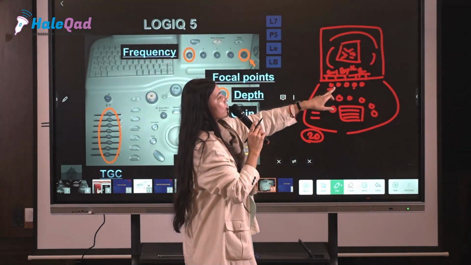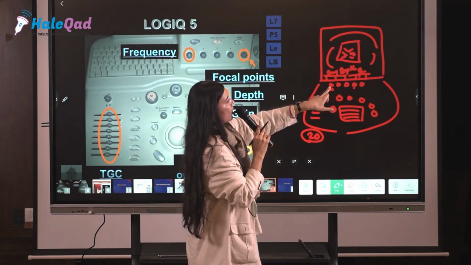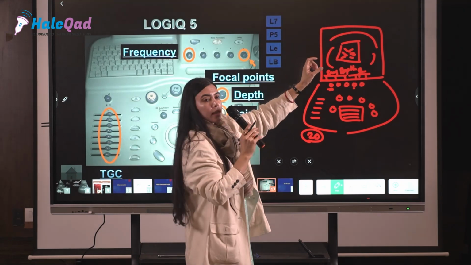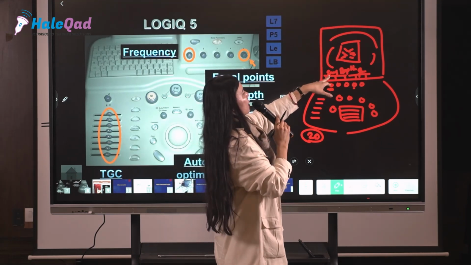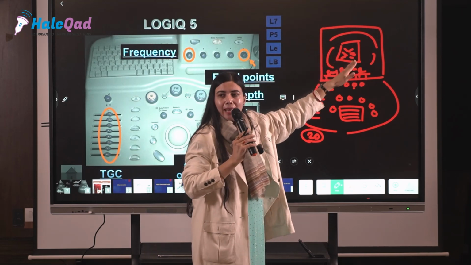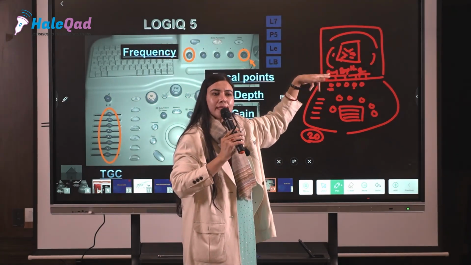Now the multifunctional knob, which for the 2D ultrasound was standing for frequency, will change, and it will come up as color gain. So your dialog box is going to tell you what function this knob is doing now.